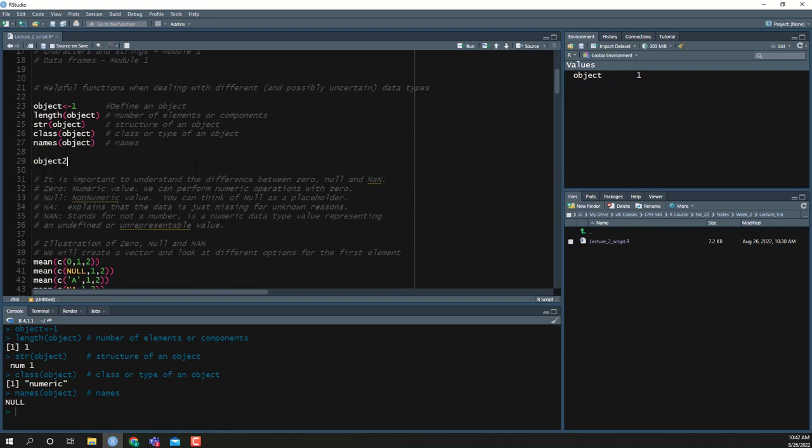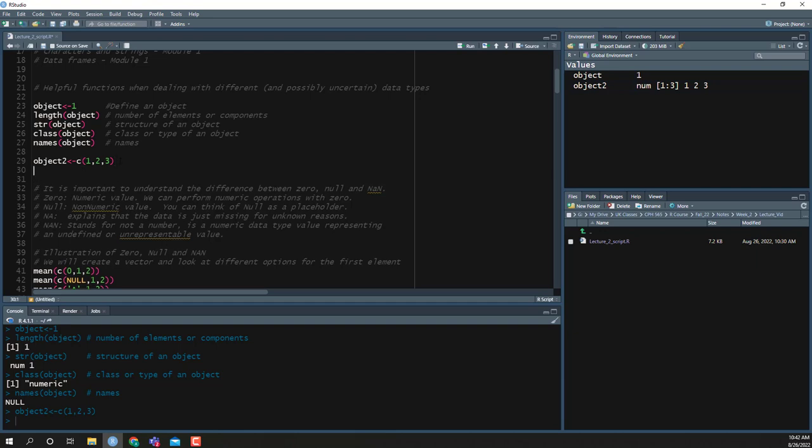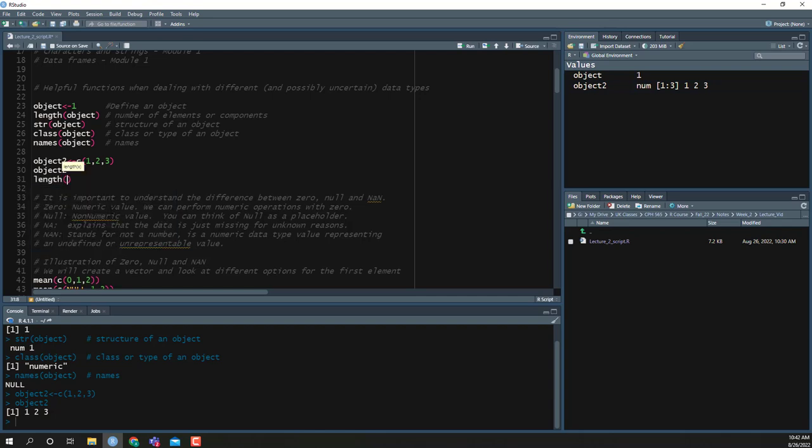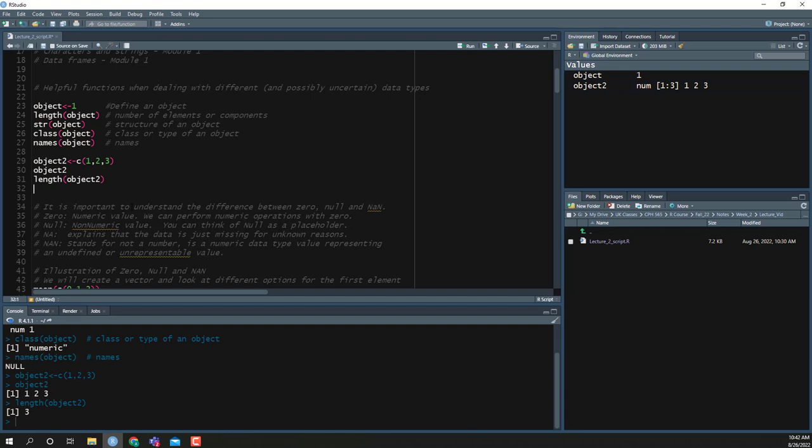So I could have object 2, and for object 2, I'm going to make the vector 1, 2, and 3. Let's first run this. We can see that it's numeric and it contains 1 through 3. If I wanted to just look at object 2 by itself and have that populate into the console, I could type object 2 and run that line, and I see it's 1, 2, 3. We could look at the length of object 2, and we see its length is 3. We could look at the structure,